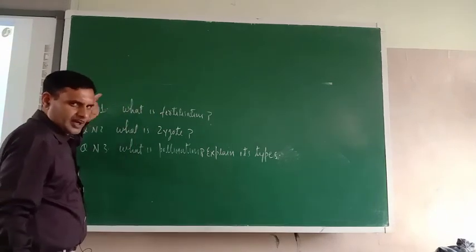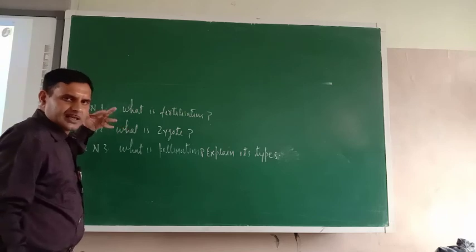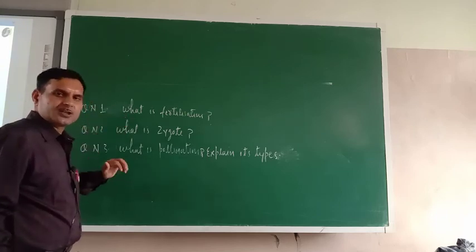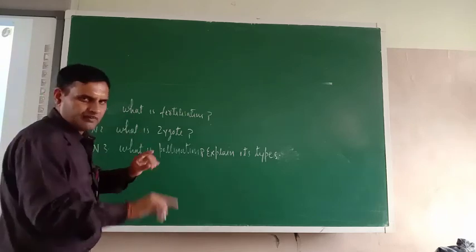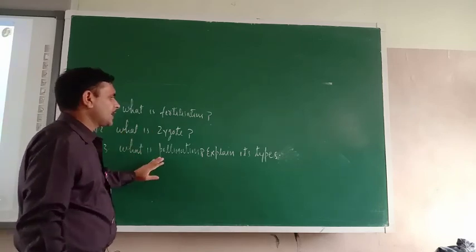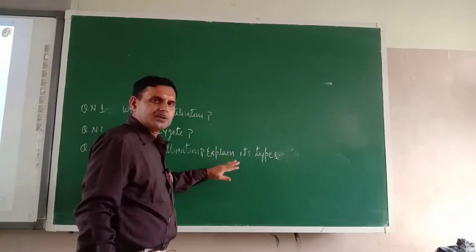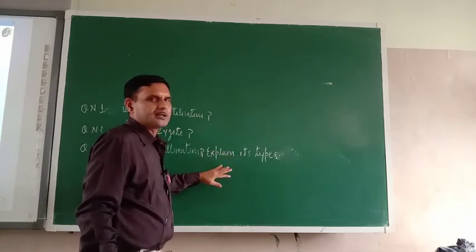Tomorrow I will give you another question which is related to today's study only, like explain the process of sexual reproduction in plants. But before that, we'll show you the animation so that you can understand it. So what is pollination? They are cross-pollination and self-pollination. You should explain here. Okay. Thank you.